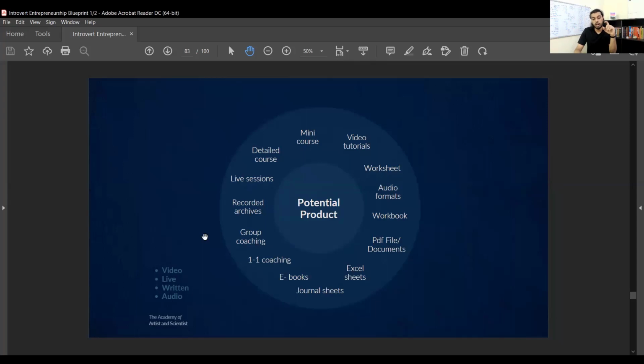If you're having a detailed course, there are going to be subcategories, like course one, two, three, four, five, mini courses, crash courses, video tutorials. The day you accept what this is, observe it, and start producing potential products based on potential problems people have, you will never be short of content ideas. Free content ideas were already created: the caps in store. Now, PP is all about potential products. How can I create a product that is going to sell in the market? This is paid, this is free. Caps in store is free, this is paid.